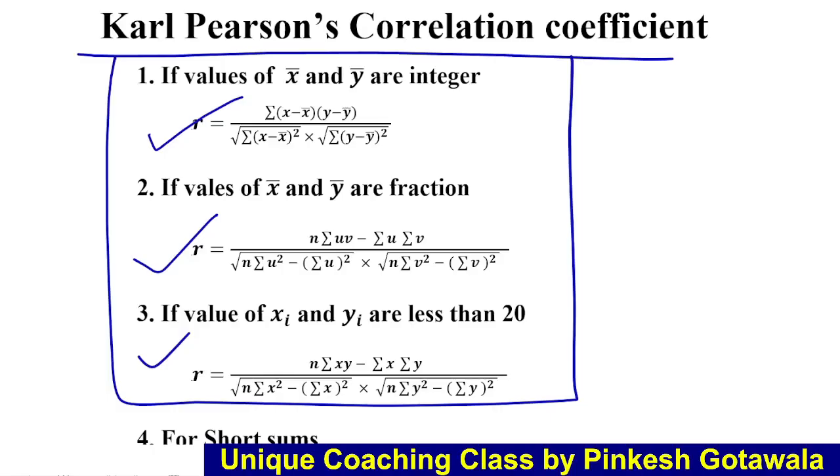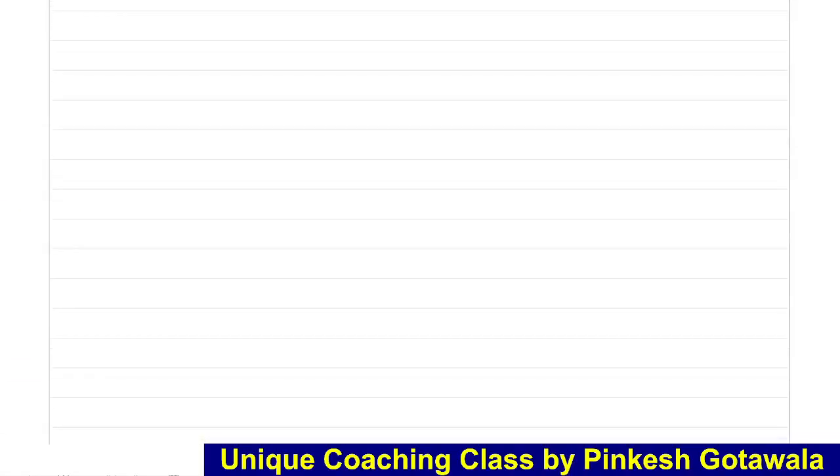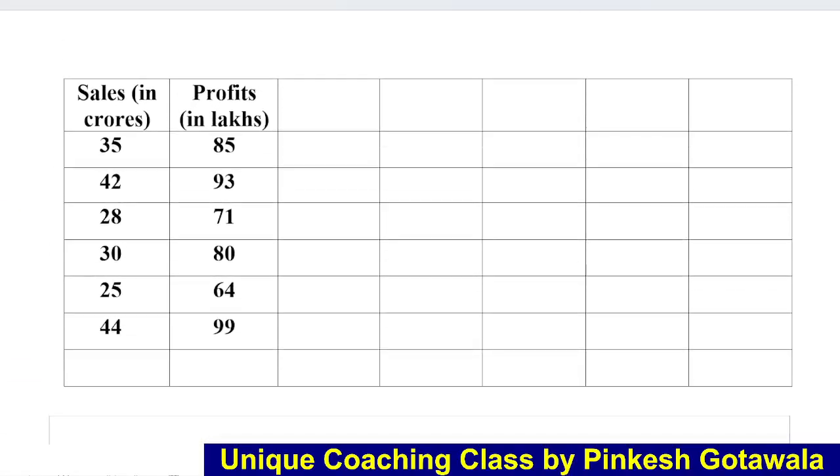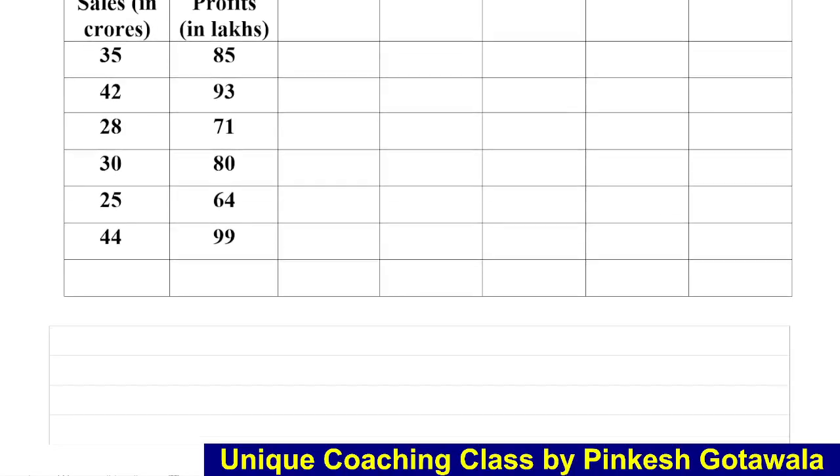So right now we are going to solve this sum again with this second formula, means this UV formula, and we can check that the answer would be the same. The first column is x, the second is y. Now what is the second formula? The UV formula,